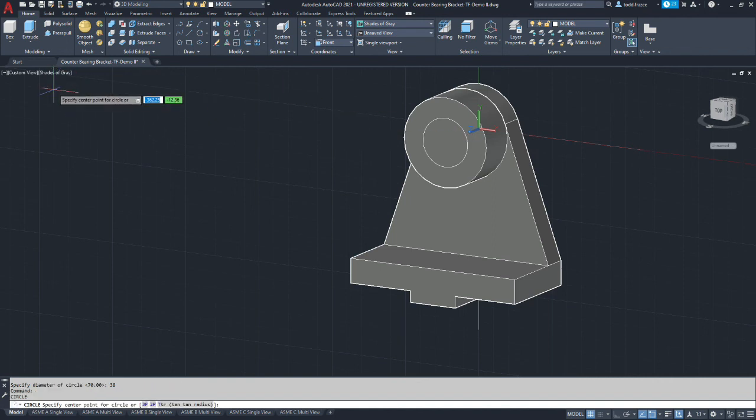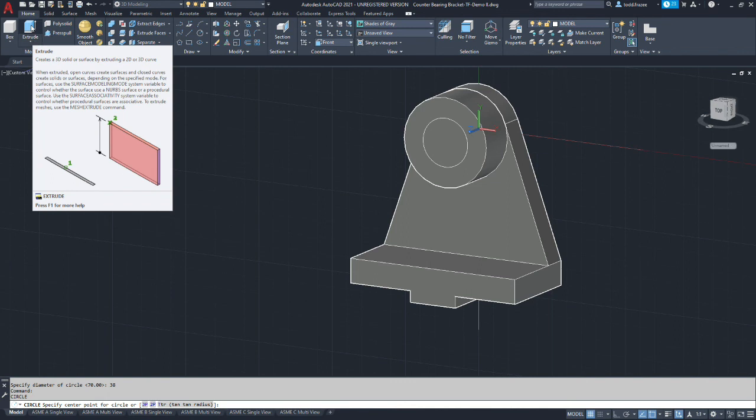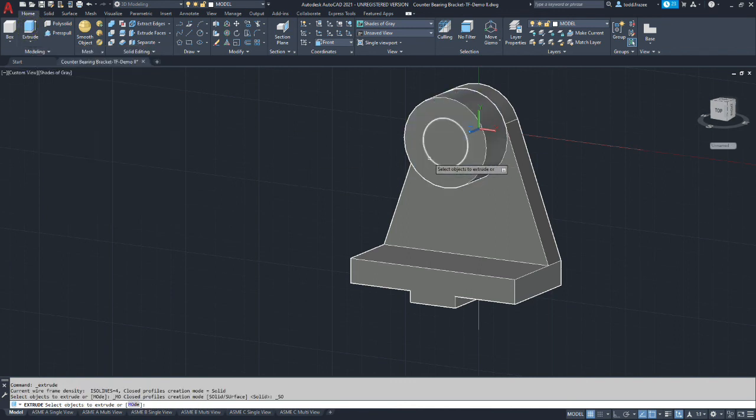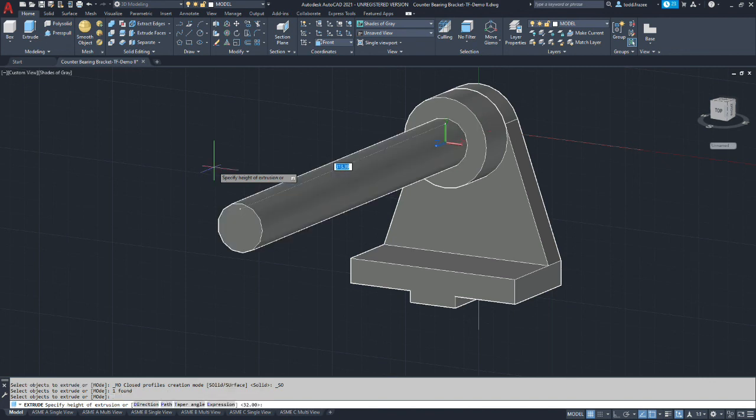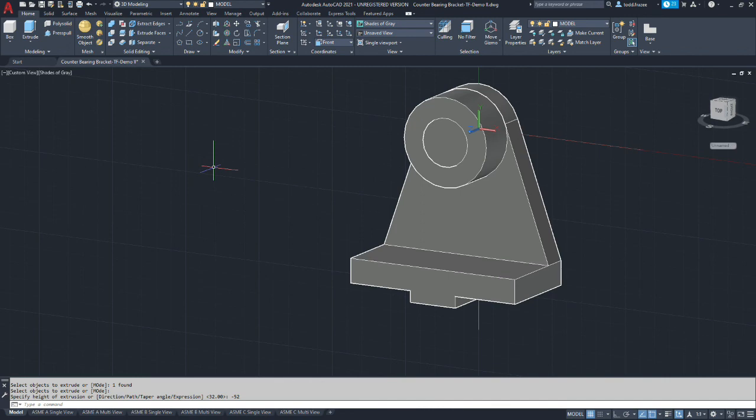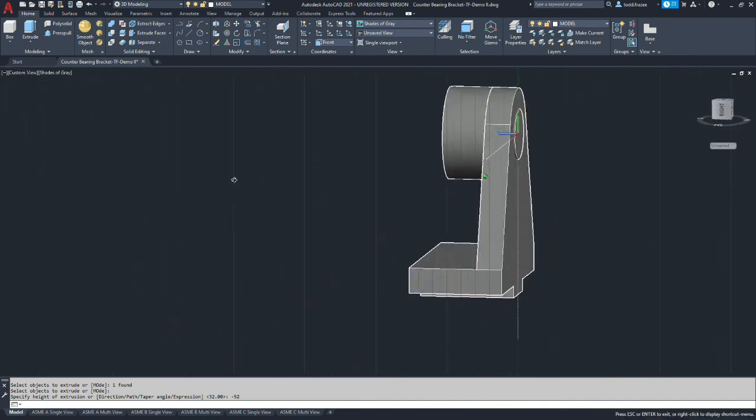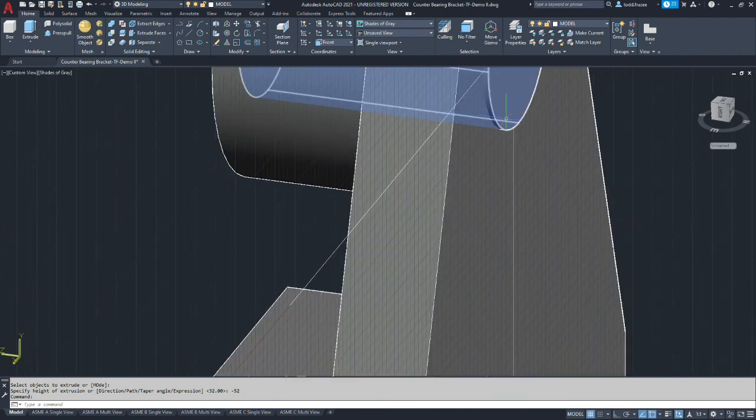Accept that by hitting enter, and now we are going to extrude another shape to use as a cutting body. And it's a little tricky. You want to select just the circle and not the entire boss. So we're selecting the circle, and we want to actually extrude it through the part because we're going to use this in a subtractive method. It's somewhat arbitrary, but we're going to put negative 52, which will for sure penetrate all the way through by about a millimeter there.